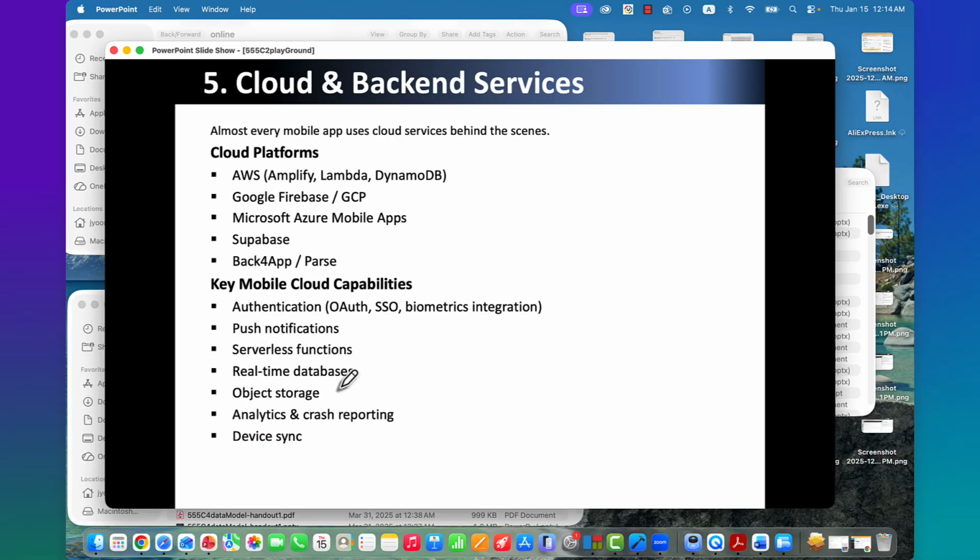Cloud and back-end services. For the cloud, we're going to use GCP or others. Any one of these may be possible. A key capability of relying on the cloud or back-end services is authentication, right? We will practice this also.